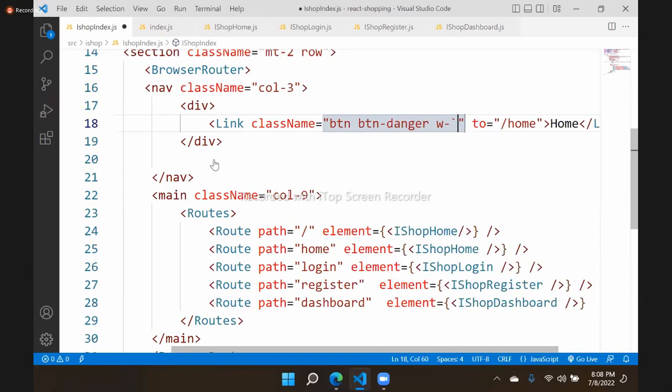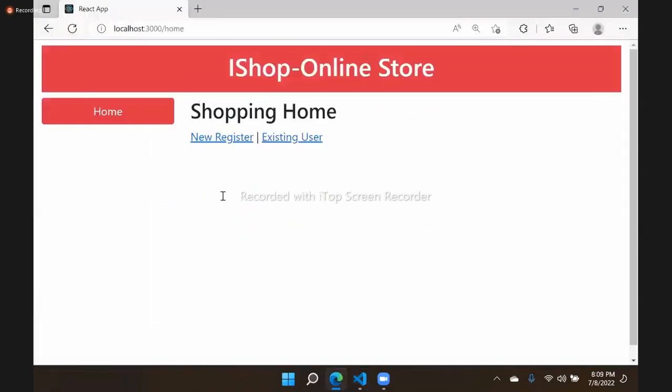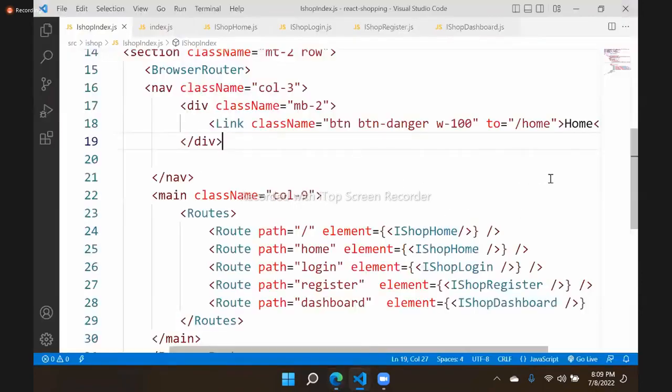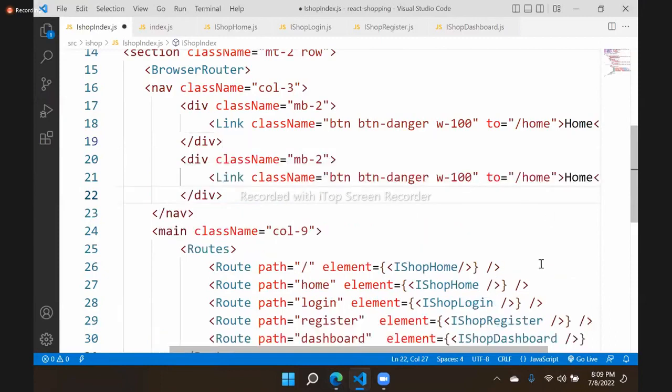So you can see that is the home, right? It's a link, but we are giving the behavior, like a button, right? Okay, next. So I need another one. So here I will give the name as register, and here we will give register,